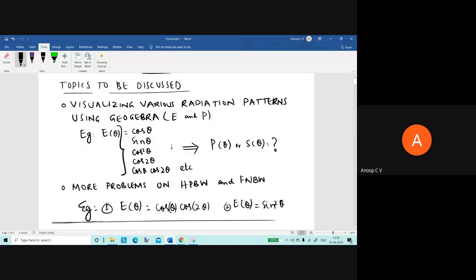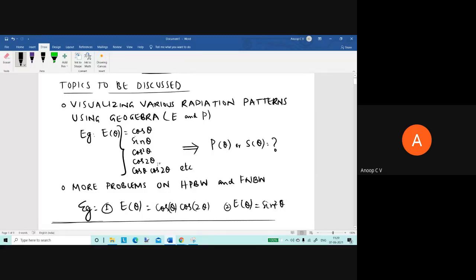And most of the time, for our fortune, it will be a function of theta alone. Why? Because it will be symmetric with respect to phi in most of the examples we consider. There will be some symmetry involved. Most of the fields we'll encounter are of this kind, except for some examples. We'll discuss more examples. That was one comment, that I should discuss more examples. I'll try to discuss more examples.